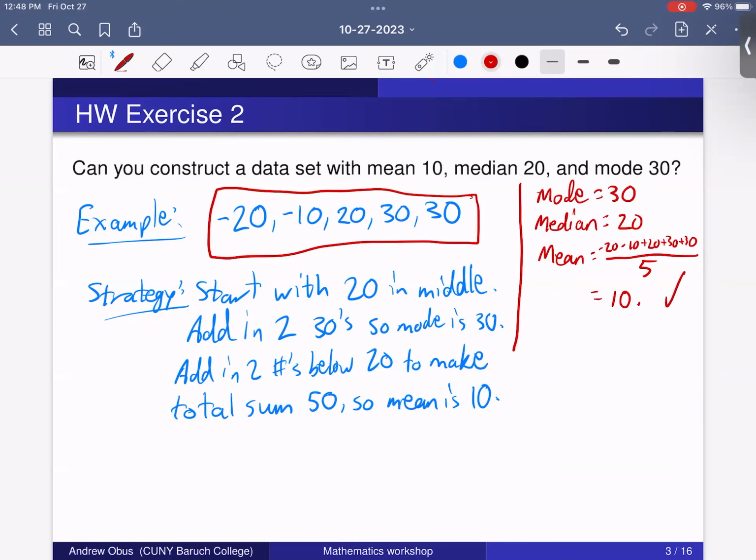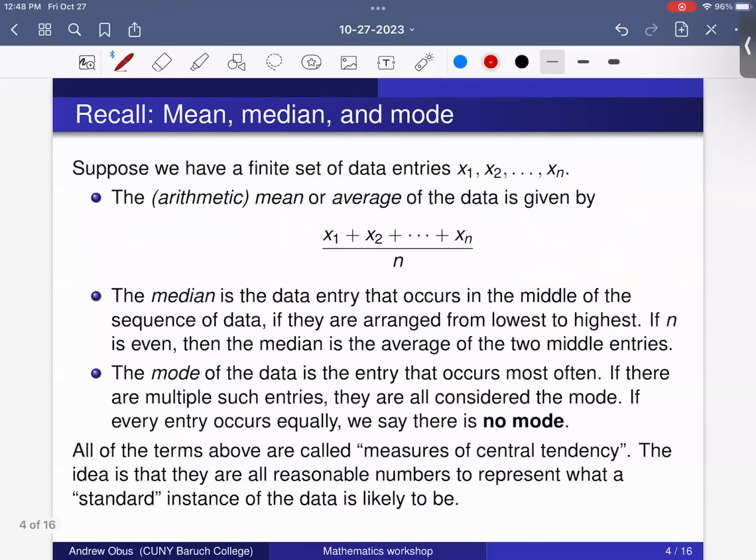Okay, all right, there's no questions. Let's move on. So this is just the recall. All of this we said last week, so I'll just go through it quickly, just to remember what these measures